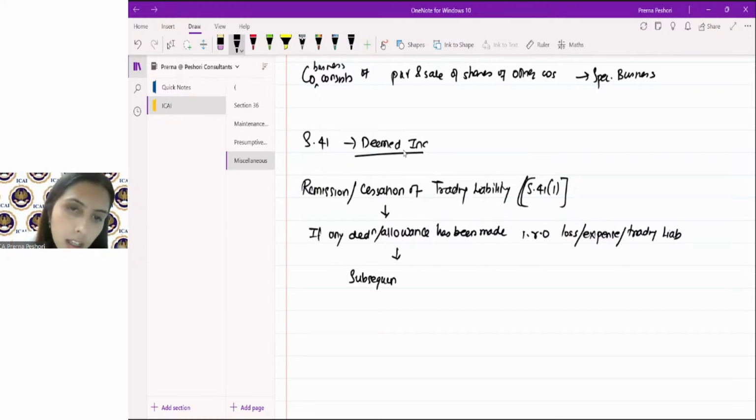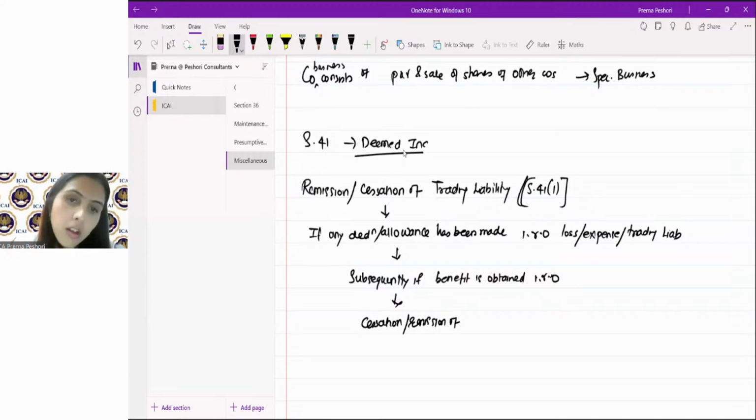subsequently, if a benefit is obtained, in cash or in any other manner, in respect of cessation or remission of such trading liability, if the benefit is obtained by way of remission or cessation of the trading liability,